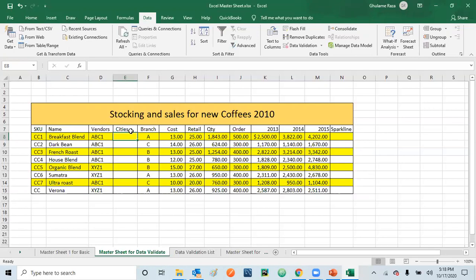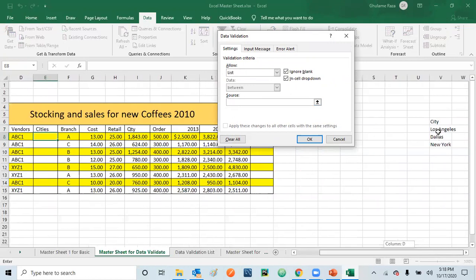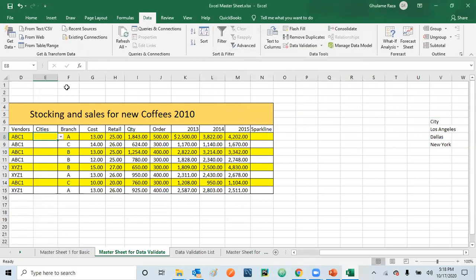If you want to make this cell a drop-down menu, we have to go to the Data Validation tab. Select Data Validation, and it says this cell will contain any value. We have to restrict it using the List command. Click List, and it asks where the list is. Select the text box and go to the list on this page. You can select the names of the cities from this list. Normally, we also have "Select one" as an option in the drop-down menu. You can use it to make sure that you are not selecting the wrong city name while working. Once you click OK, you will get the drop-down menu.